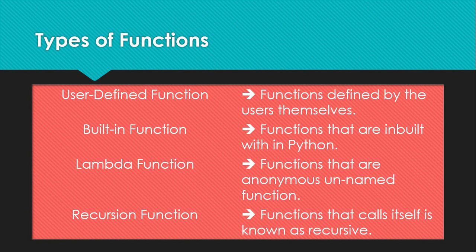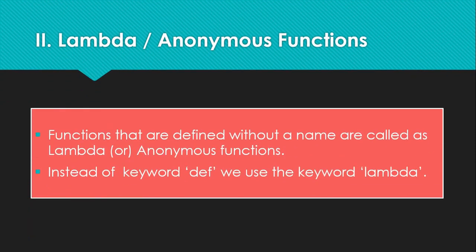So in this video we're going to learn further about the other types of functions like built-in functions, lambda functions and recursive functions. Now talking about lambda functions, another name for a lambda function is an anonymous function. All of you know the meaning of the word anonymous. Sometimes we use this word related to anonymous calls which we get, and we call them unknown calls or some free calls which we get occasionally.